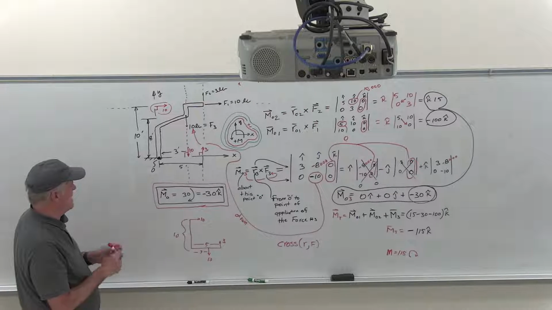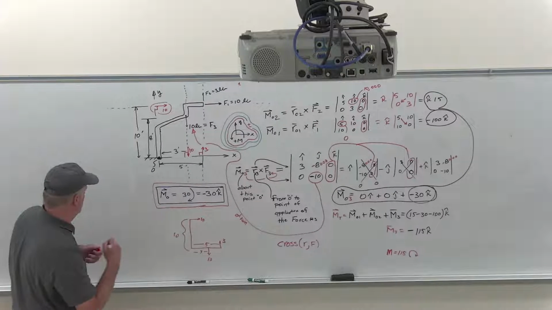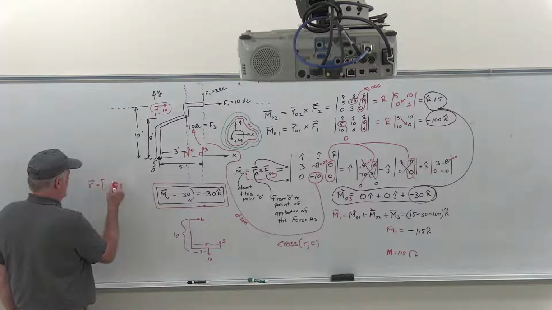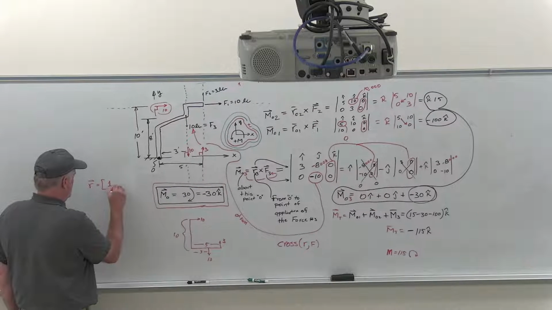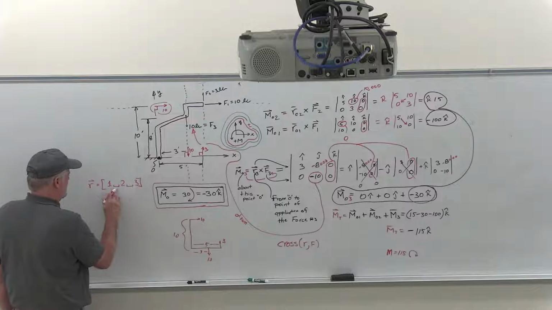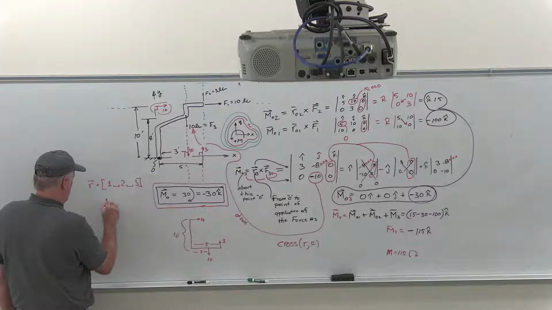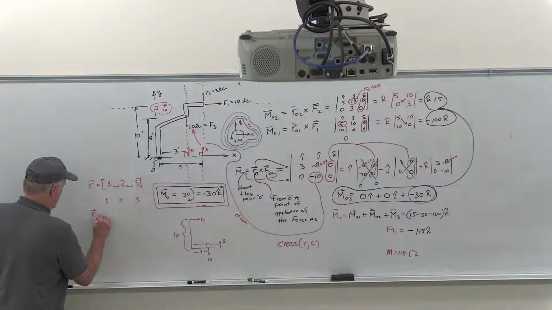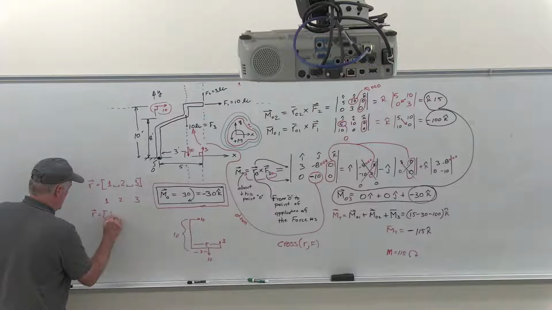And the nice thing in MATLAB, you can enter this vector. Like if you did R, you can do it this way. Say it's a value 1, a space, a 2, and a space, and a 3. Say it's an X, Y, and Z coordinate. It'll come out and create a vector like this. But if you do R equals 1, and then